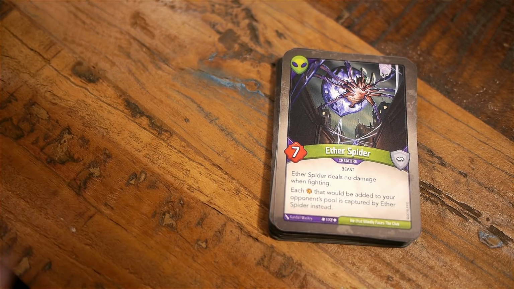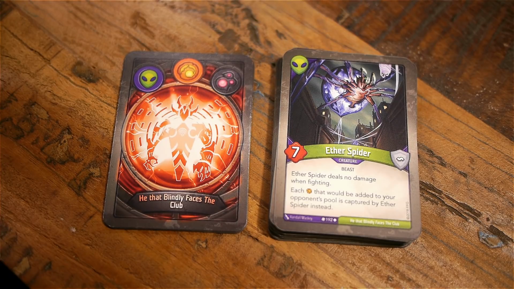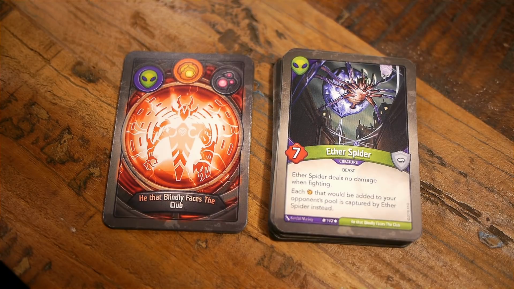Oh, love the Ether Spider. Such a good creature, such a good basic solid Mars creature. So it's 7 strength. It doesn't do any damage when fighting, so it just stays in the back and reaps and does nothing else. But also, each Ember that would be added to your opponent's pool is captured by the Ether Spider instead. So good. This guy just keeps collecting all of the Ember that the opponent would be getting, and your opponent has to deal with this guy,